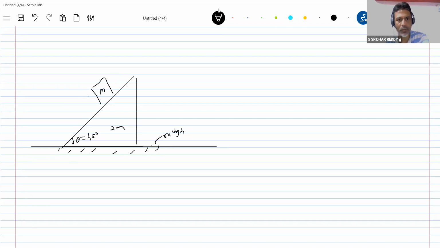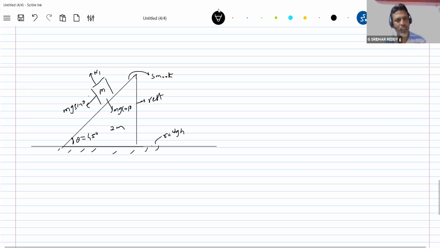The surface is smooth. Let's keep it. mg sine theta. Normal reaction. mg cos theta. Strict condition, what is given? The wedge should not move. So therefore, what shall I write here? This should be a test. There's a basic condition. No? The wedge should not move. That was the question given. Shall I show any friction between the block and the wedge? No. There should not be any friction. So there's a normal contact.